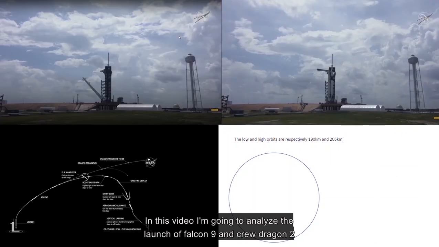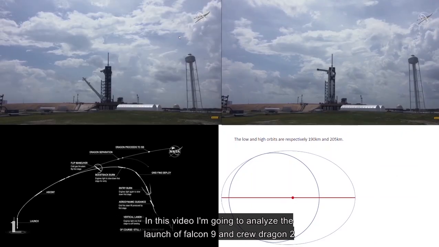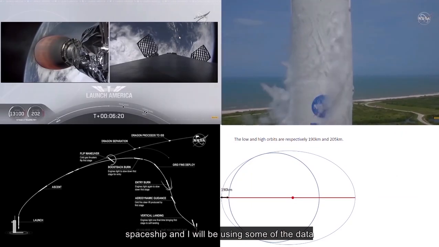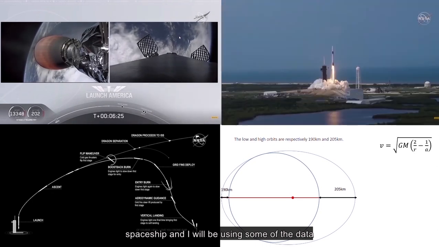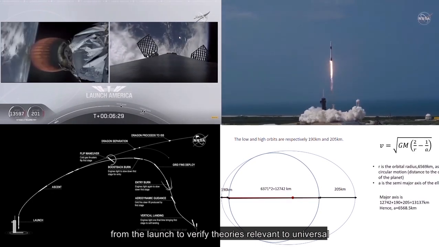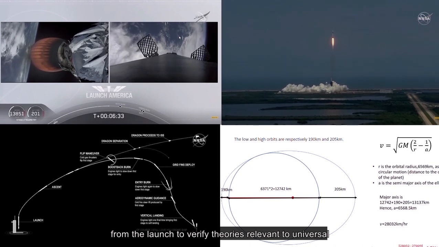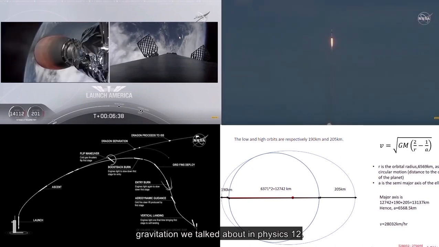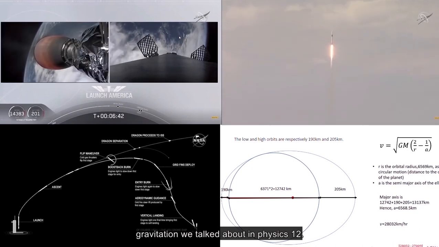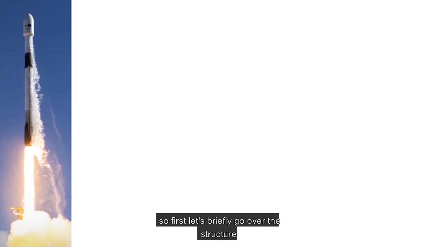In this video, I'm going to analyze the launch of Falcon 9 and Crew Dragon 2 spaceship, and I will be using some of the data from the launch to verify theories relevant to universal gravitation we talked about in Physics 12. So first, let's briefly go over the structure of a Falcon 9 rocket and the different phases during